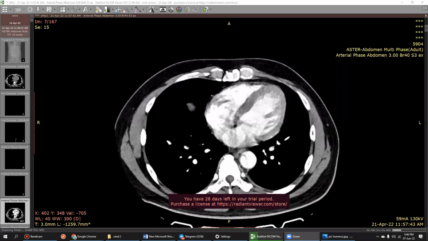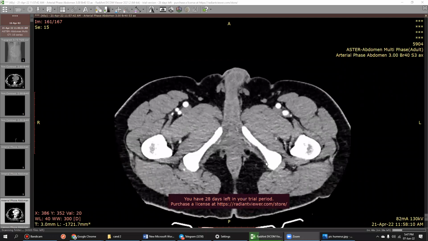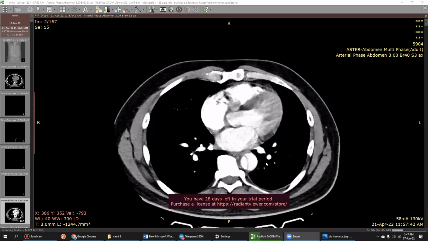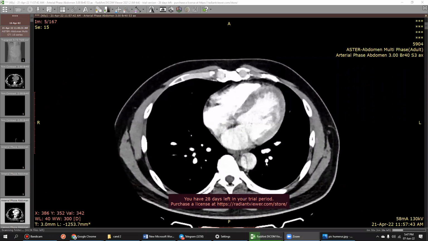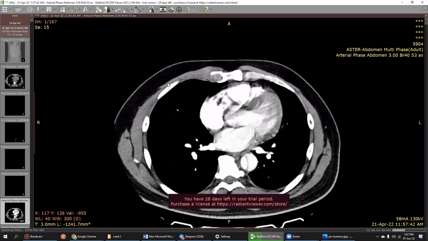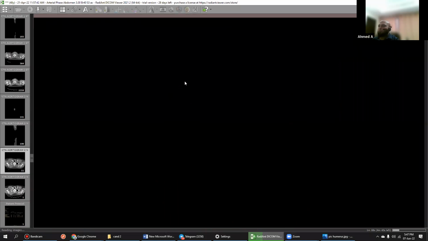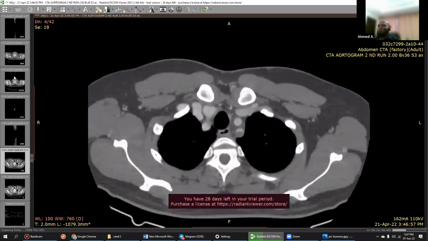It is extending through the thoracic aorta as well. So the imaging starts from here. I would like to assess the chest from the arch of the aorta and the ascending aorta as well. Just a second.